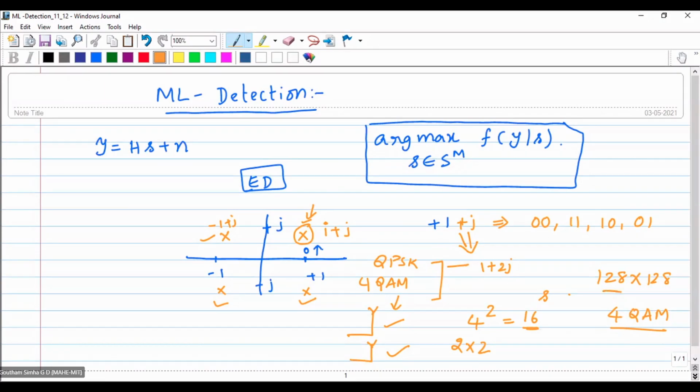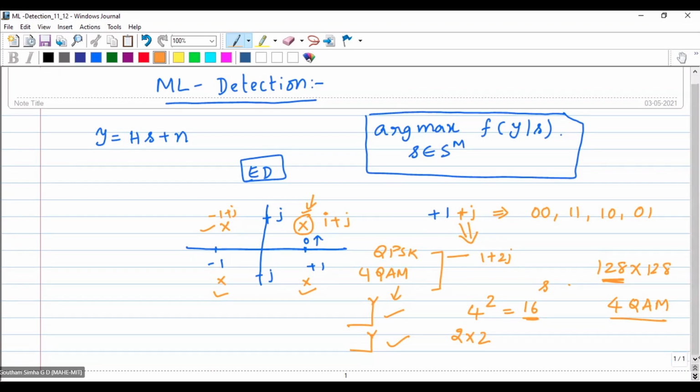Now the power will rise based on the number of transmit and receive antennas. In that case, your brute force or exponential or exhaustive searching that you are carrying out will be very complex. That's why low complexity decoders have been built in order to reduce this effect.